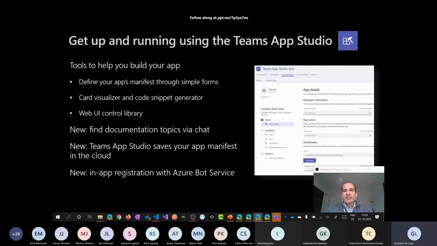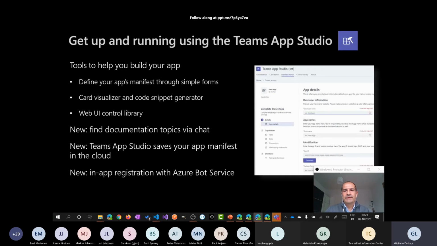So this is your best friend if you want to start to extend Teams, if you want to start to develop application that you want to embed in Microsoft Teams. You have to use the Teams App Studio because this is a fantastic tool developed by Microsoft that helps you to create your manifest that you have to upload on the Teams Admin Center. We will see later. And then you can also use it to build an adaptive card. For example, there is a fancy UI that you can use to build